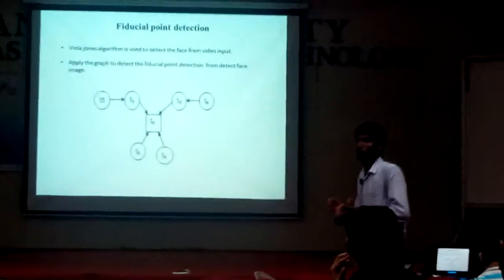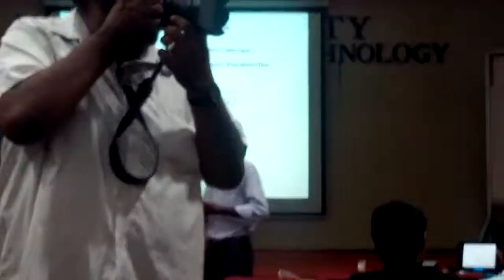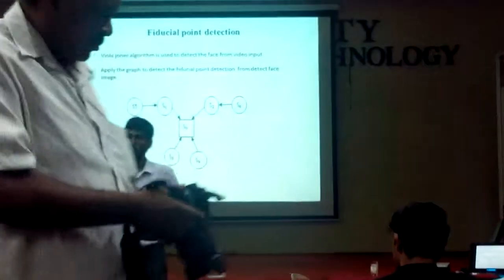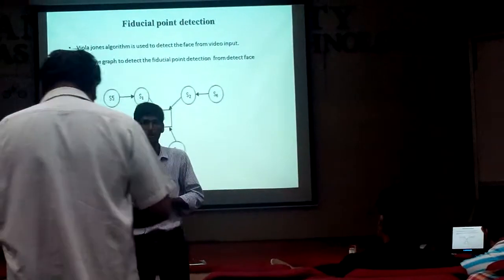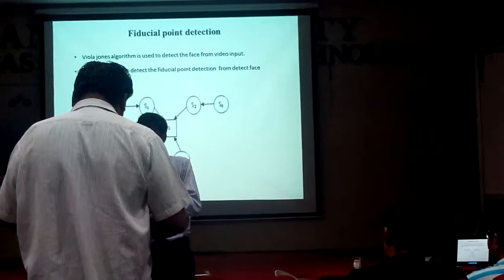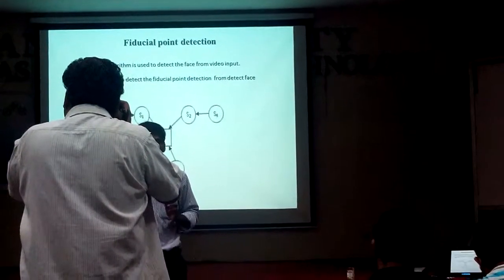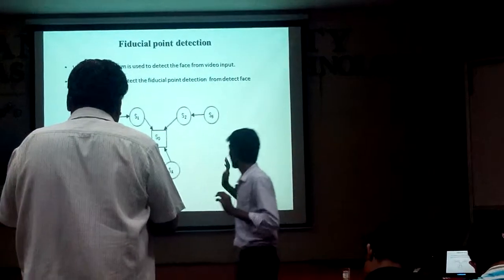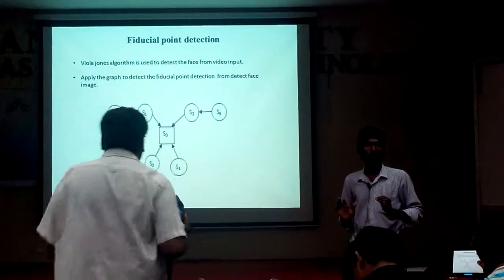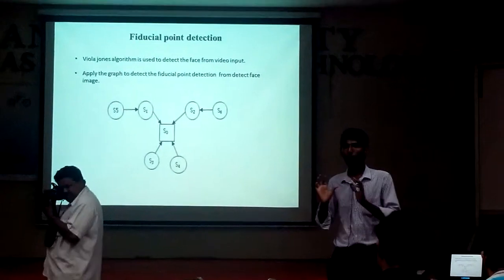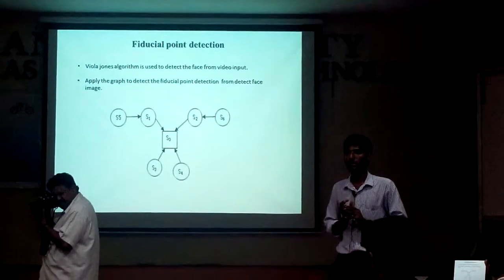Next I am going to talk about key point detection. Why is it so important? When I want to recognize any person, first I want to extract features which will be efficient, and it should be robust face recognition. Actually, it will be important. So here I have created a model, that is a graph model. Once the face is detected, I am going to apply that model to the face.